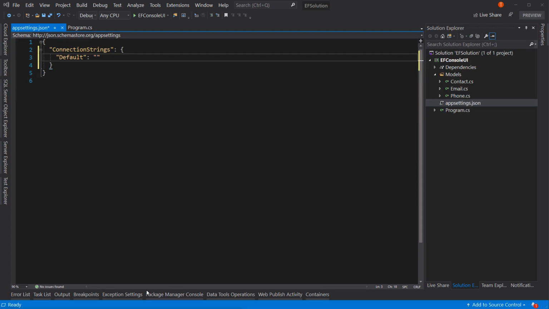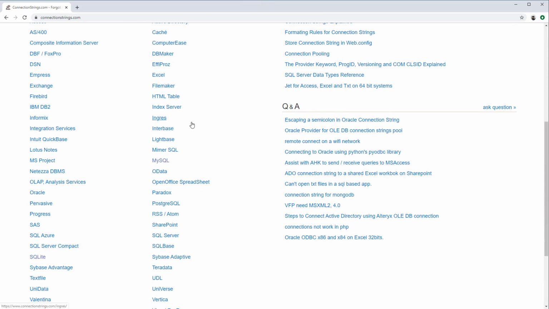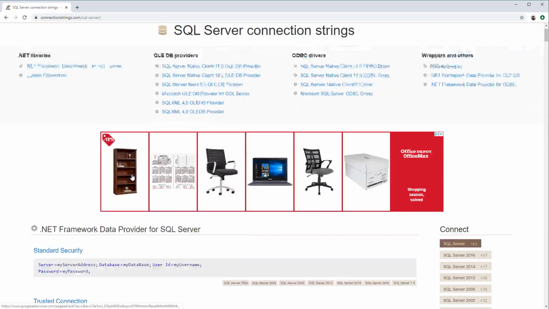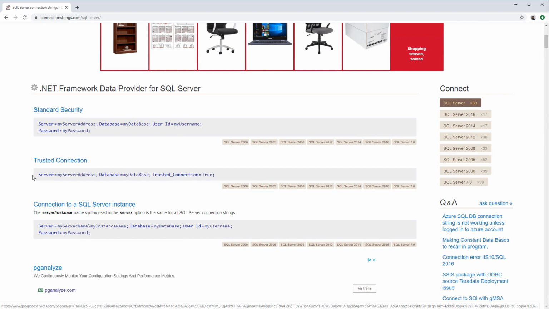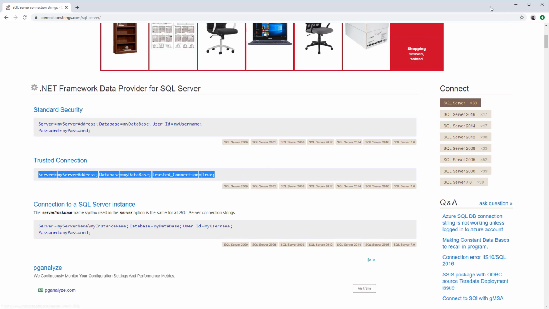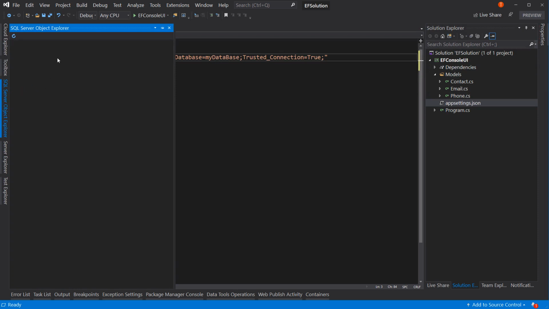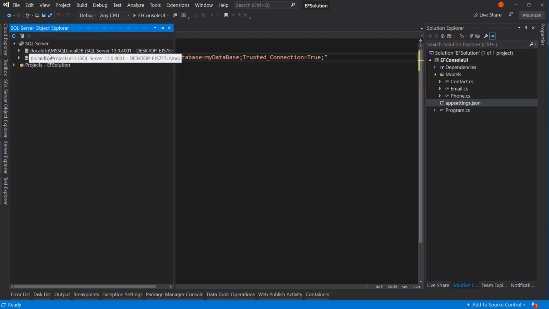So let's go to connectionstrings.com and scroll down to SQL Server. We're going to choose a trusted connection. So this is a trusted connection connection string. Okay, I'm going to copy that, paste it in here, and we're going to modify it. So first of all, the server address. Well, we're going to install it into our local DB. So notice here it says local DB in parens /ms